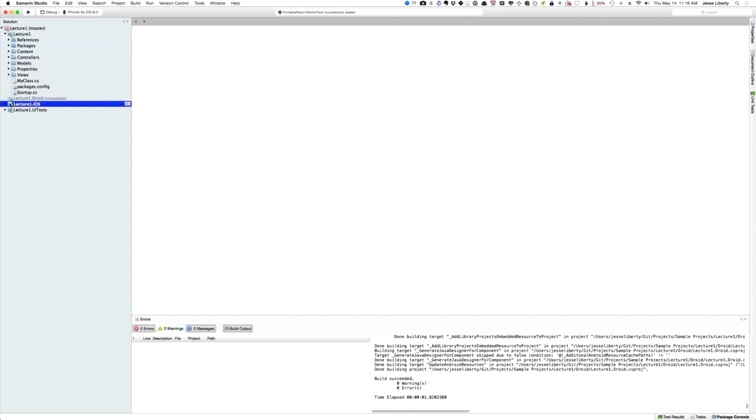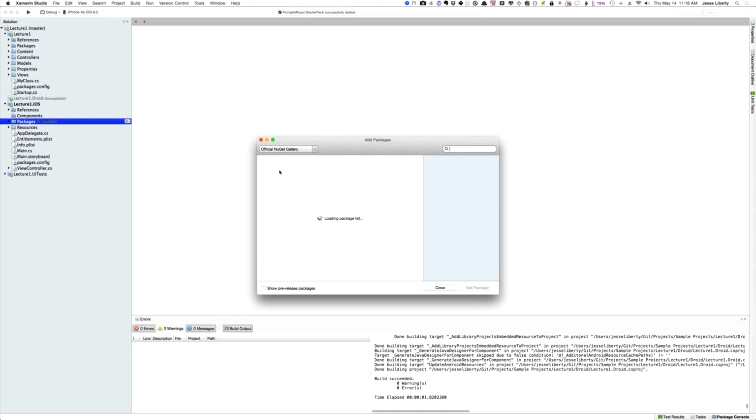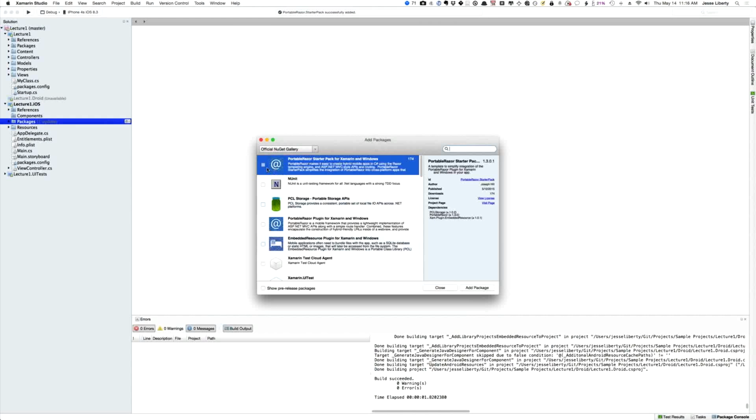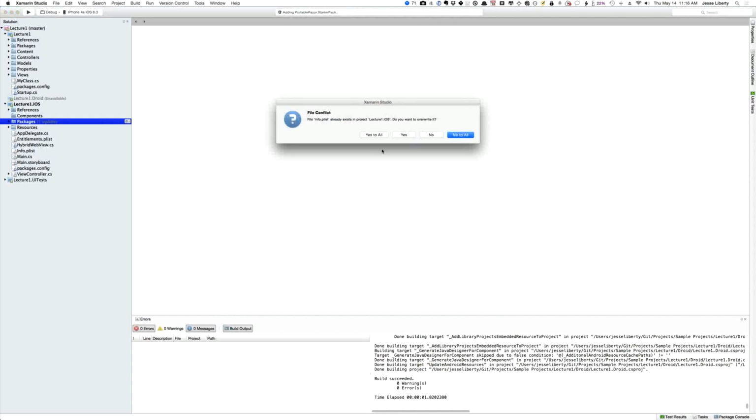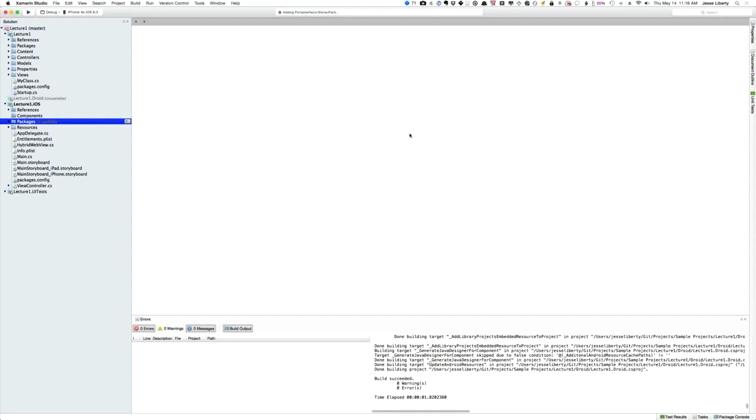And let's remember to go to iOS and do the same thing. So we're going to go to packages, and this runs a lot quicker because we're going to say add package, and it's going to come up as the first because the last thing you added comes up as the first. And so we'll just go ahead and add that package as well. Now, when you do, you're going to get this file conflict, which says that you need to overwrite info plist, and we're going to go ahead and do that because the package makes the necessary changes to the iOS application. So for now, we can close the iOS,